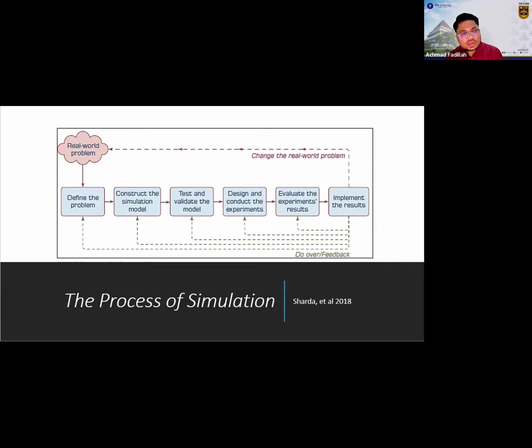Of course, this is not only one way, where you decide to make a decision and then you implement it, if you already understand the results or outcomes of the modeling and try to implement them in a real world situation. It's not like that. There are several steps. First, you need to understand the real world problems.